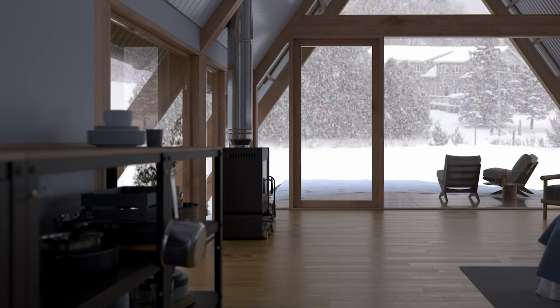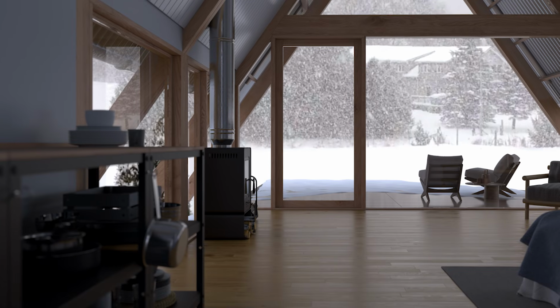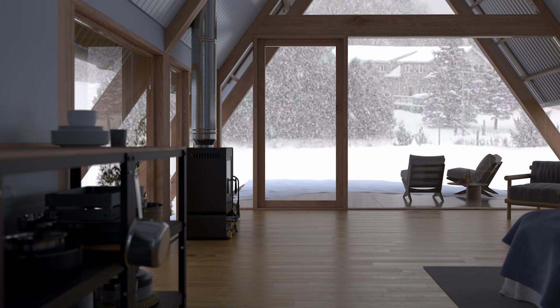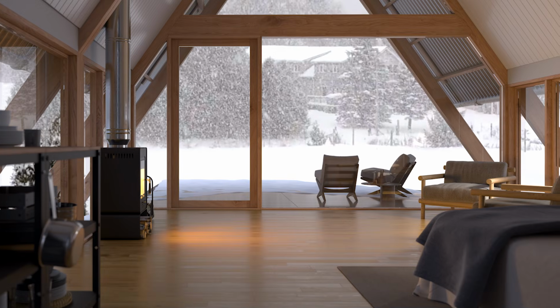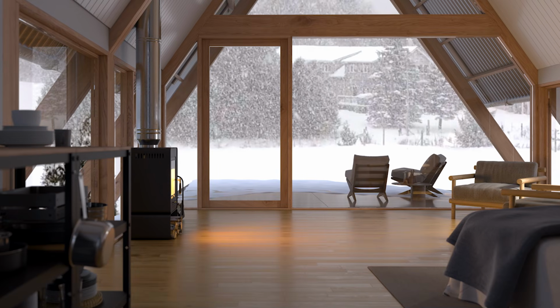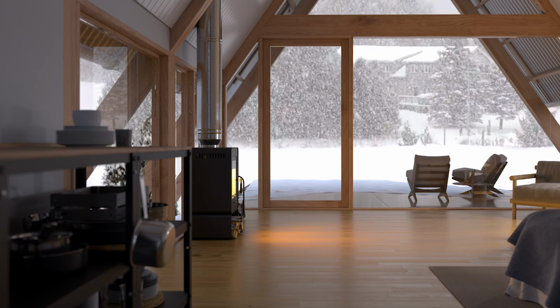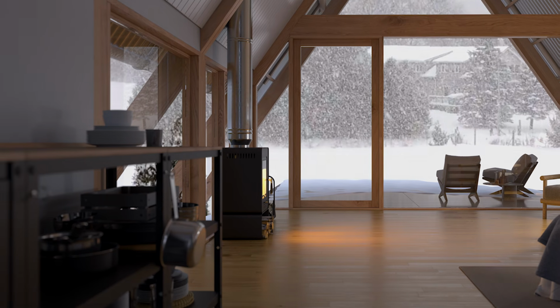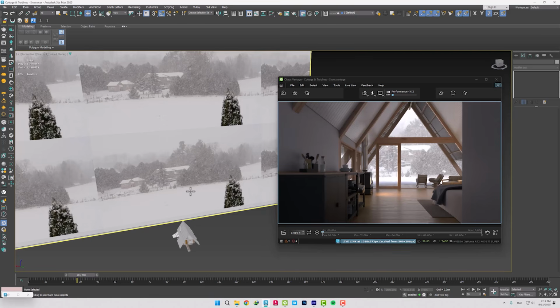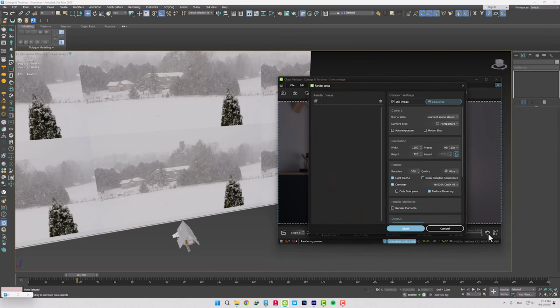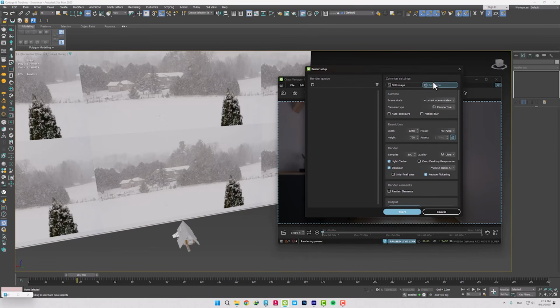This mix of warm and cool lighting is one of the most effective techniques for creating a cinematic mood in both interior and exterior scenes. And the best part is, you can already sense its effect in the viewer's mind, even before hitting the render button. To render the scene, just click here, then in the sequence panel set the resolution,